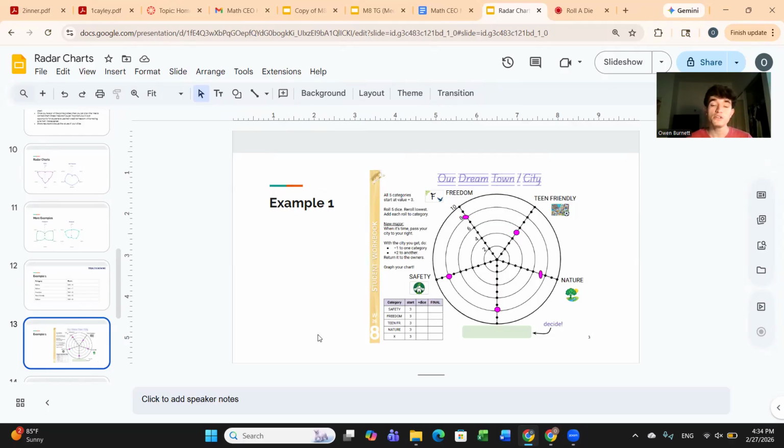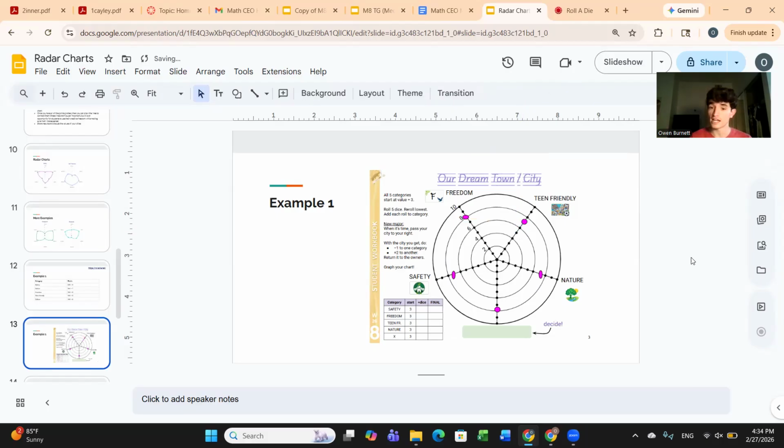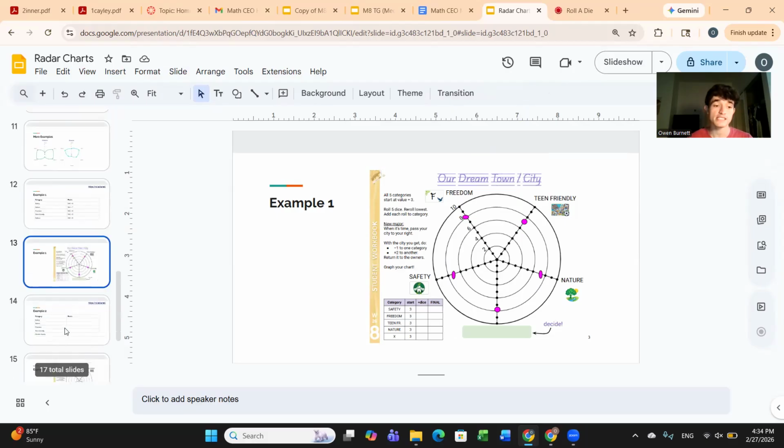And what you do next is you take what you made, and before you draw the lines to connect it, you're going to pass it to the right to a different team. Another team is going to add 2 points to one category and subtract one from the other. So let's say this other team decides that safety is not as important to them, and they want to move that one down point. So they can move it down to 7 like that. But then they think teen friendly is much more important than I did. So then they'd move this from a 5 to, say, a 7, just like that. And then we will redraw the lines from there. So hopefully this is starting to make sense.